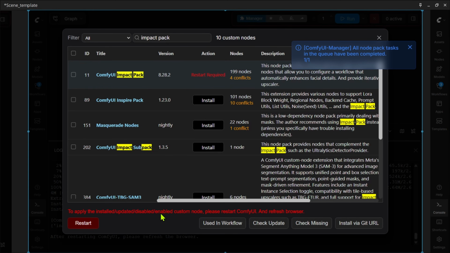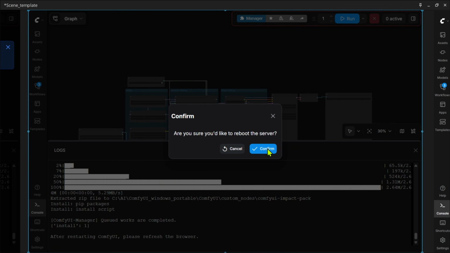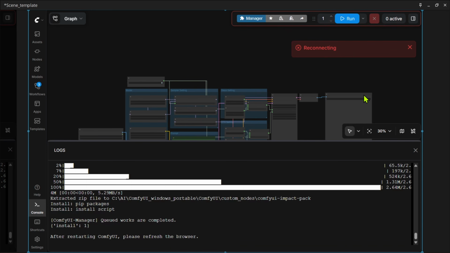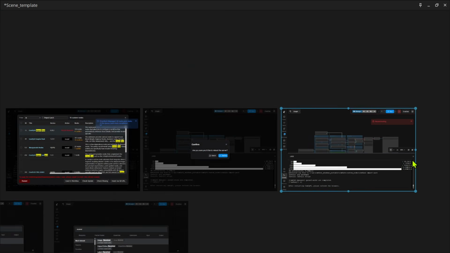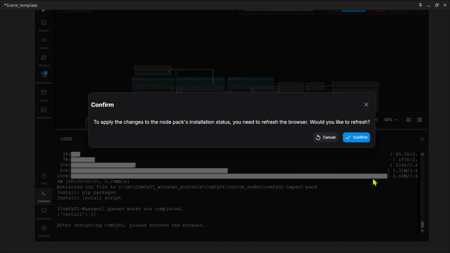Click on select. After completing, it will tell you here, in order to apply the changes, you'll need to restart your ComfyUI. So click on this restart button, and then click on confirm to reboot your server. It will show at the top reconnecting, and you will see here after restarting you need to refresh your browser. You may or may not get a prompt like this that will ask you to refresh. Click on confirm. If you do not get the prompt, you can press F5 on your keyboard to refresh your